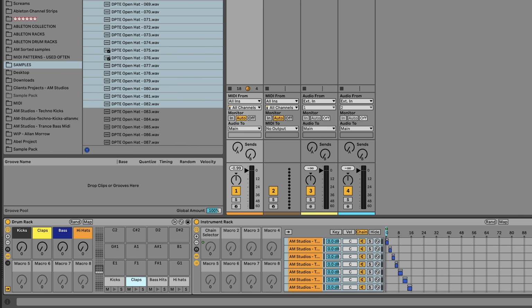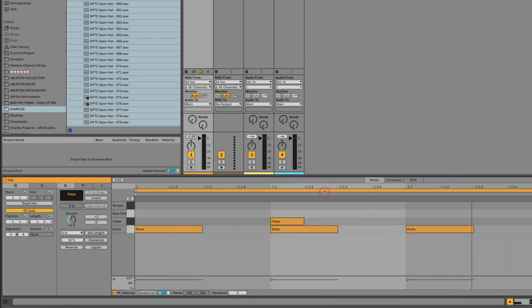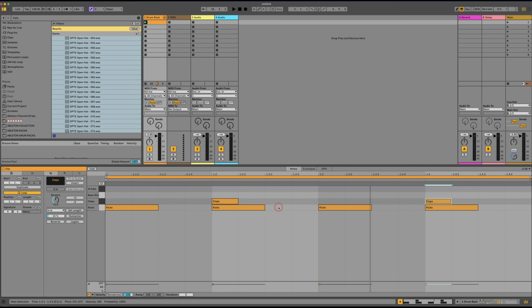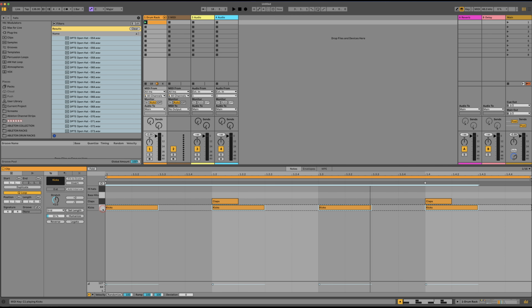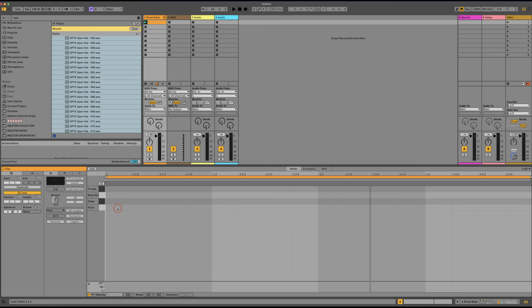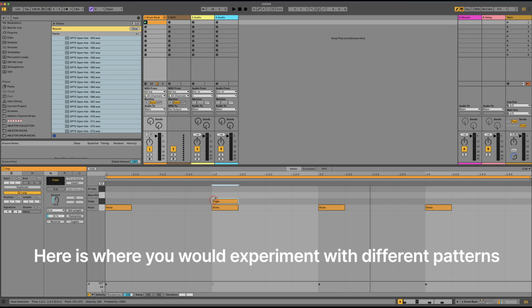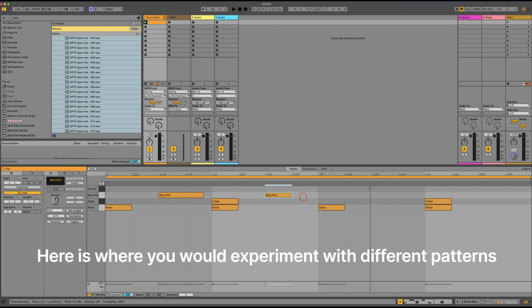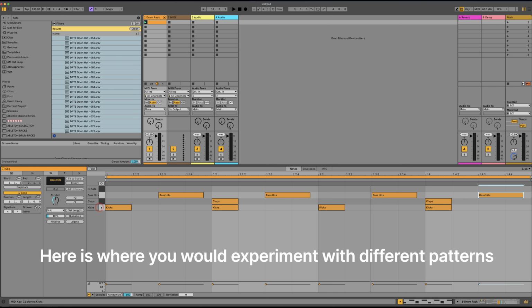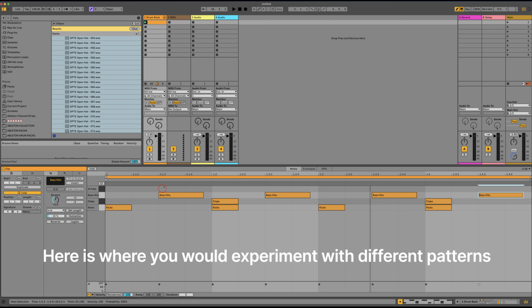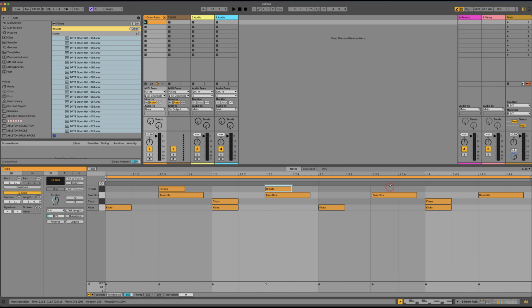Right, so now I want to come into my MIDI section here and draw in some patterns. So 4/4 kicks. I'll do this from scratch so you can see. We're just going to go kick, kick, kick, kick, clap on every other, and then open hats. Let's just do it like this. Obviously, you can change this around. Right, so when I play this now,